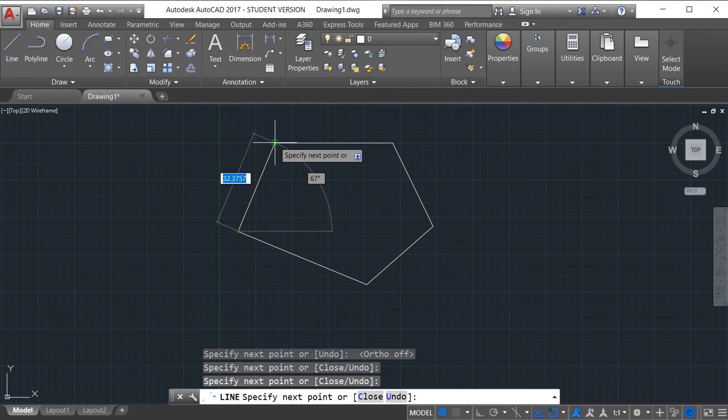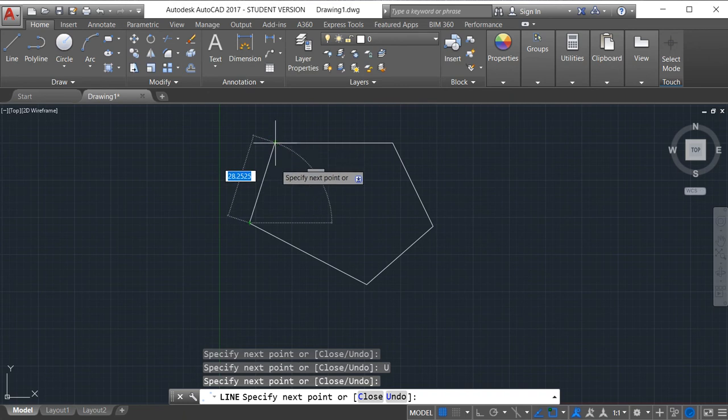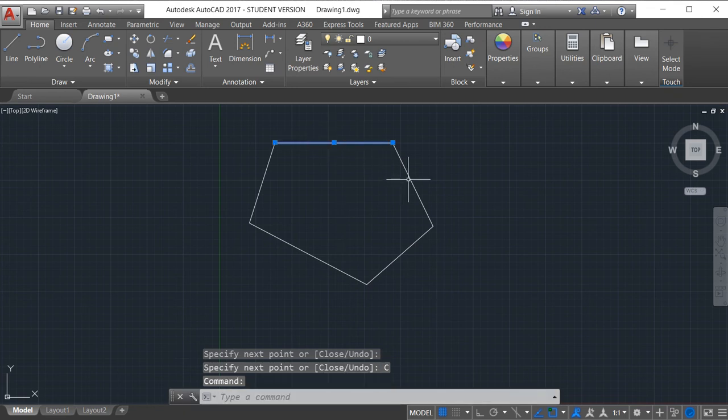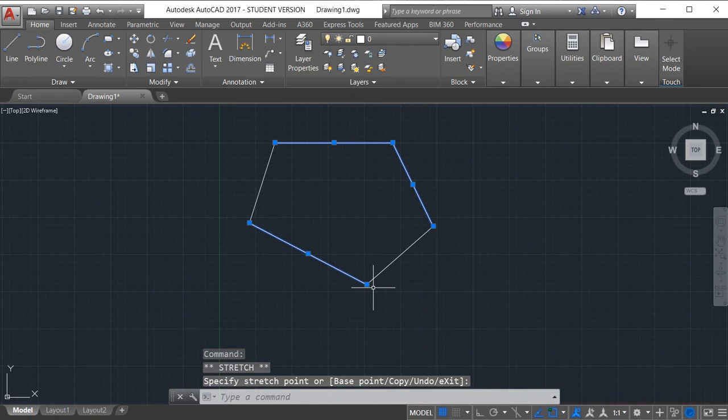We can close from here or we can undo the command. I have undone this, and then for closing we can simply click here or we can enter close this way. This is our line command. See here, we can select each line separately and we can edit each line separately. This is our line command.